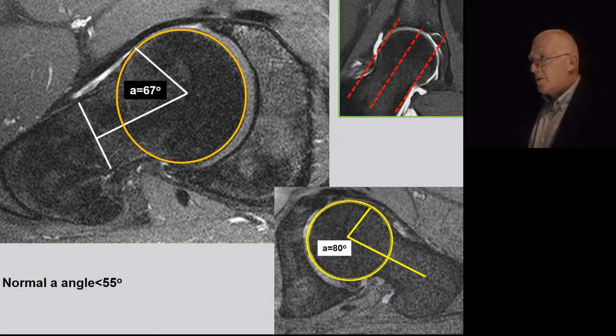In elite athletes, we may have findings with an alpha angle of 55 degrees or even 50, whereas in a guy who is lying on the sofa drinking beer all day, not being involved in sports at all, then even an 80 degrees alpha angle is not clinically important. So the alpha angle is measured on oblique axial images on MR, either plain or arthrographic images, and it's also easy to measure on plain radiographs.